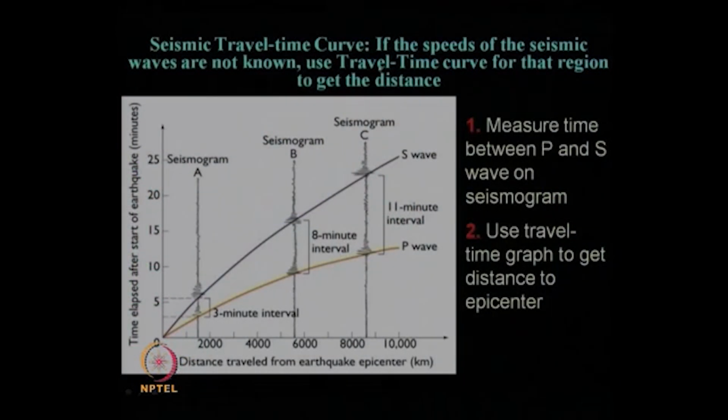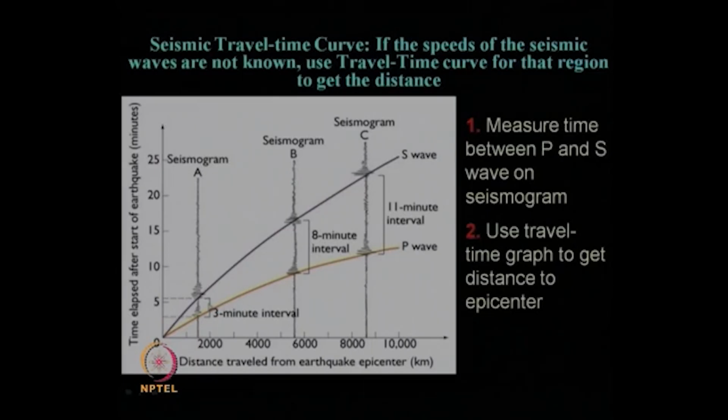But where we do not have the information whether it is a shallow earthquake, or the Vs and Vp values are not known, in those cases what should we do? We can use the seismic travel time curve method. In this case, where speeds of the seismic waves are not known, but seismograph stations are located all around the world, if we have collected the information of the arrival time difference between S and P wave, say the time differences are 3 minutes, 8 minutes, 11 minutes, accordingly we can easily